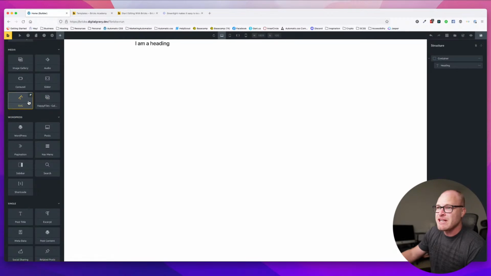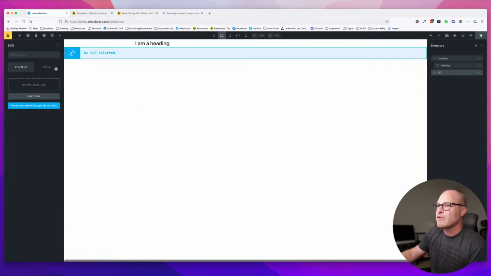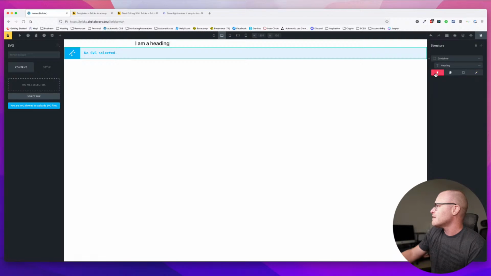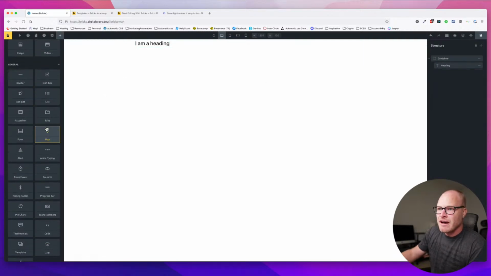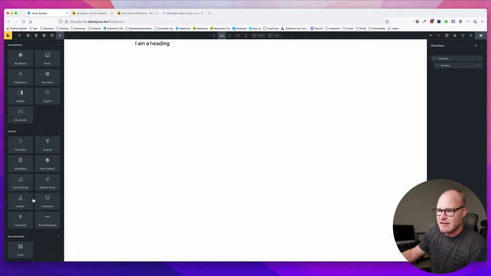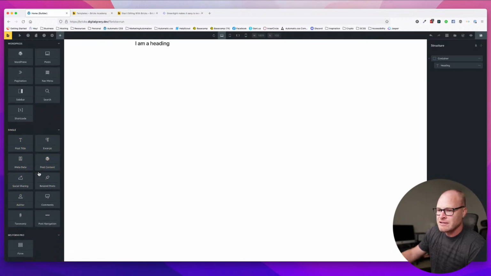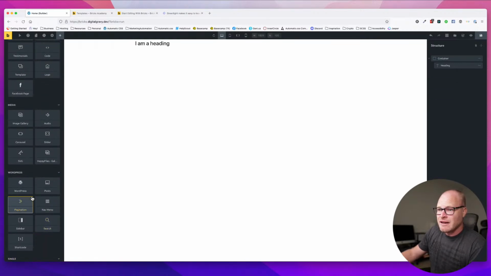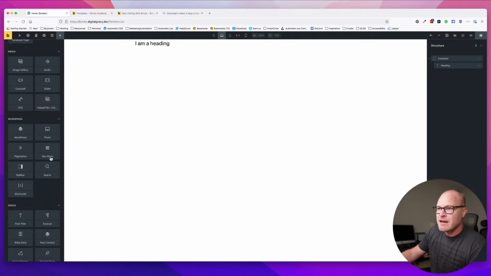There's an SVG, but that icon leads me to believe that that's like a shape of some sort, or are we selecting? Oh, okay. So you can put in your own content or a file. Okay, well, we don't need to look at that right now. Let's keep going. There's some dynamic content down here. It looks like post title, insert metadata. There's a lot. There's a lot going on here. A lot of it